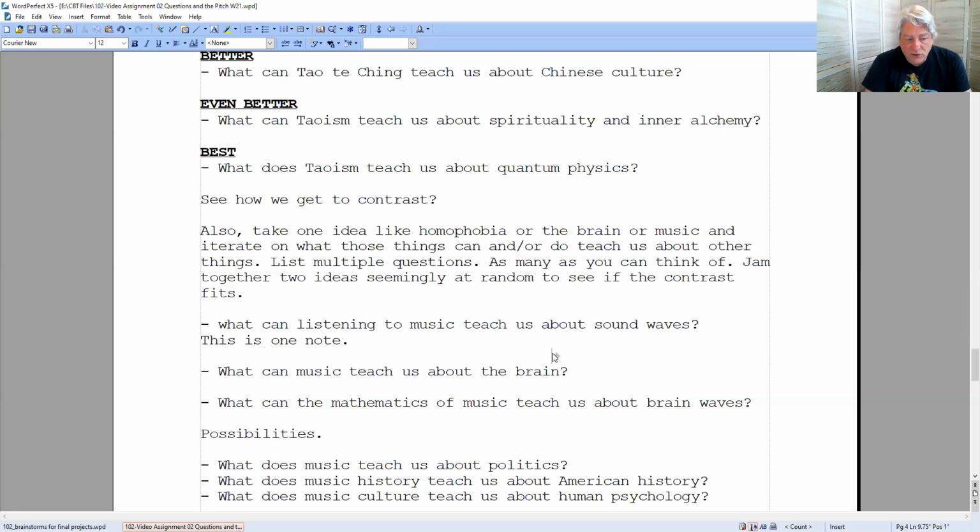That's not very interesting. What can the brain music teach us about the brain is a little better. Still, I'm dubious about it, but it's a little better. What can the mathematics of music teach us about brain waves? That seems more specific, seems more interesting. I'm not as dubious about it. However,